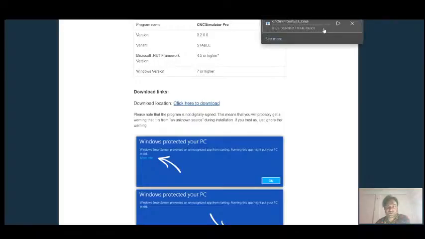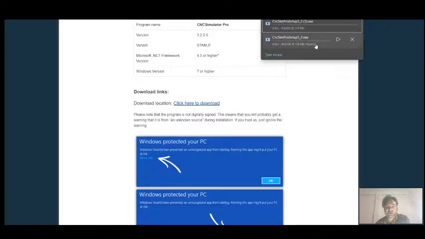So on screen it is, I hope it is visible to you. On screen you will get this file, download it and then install it. I am skipping it because I already have this software.